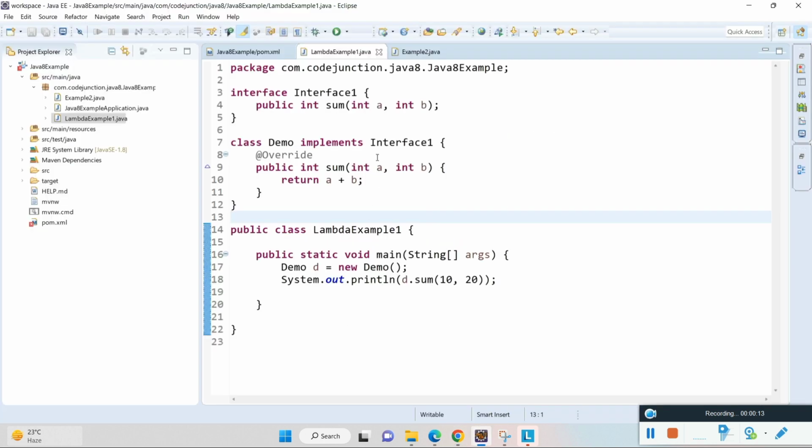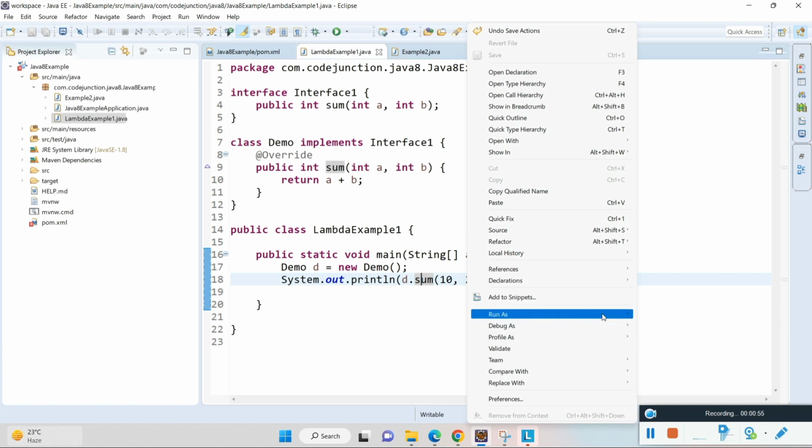Suppose I have taken one example. Here is an interface 1, and it has one abstract method sum which takes two parameters, int a and int b. This demo class implemented this interface and provides implementation for the sum method. Basically it returns the sum of these two parameters. Here is my main class which contains the main method, and inside this main method I have created an instance of demo class, which implements interface 1, and just printed out d.sum with input as 10 and 20, and we can see that the result is